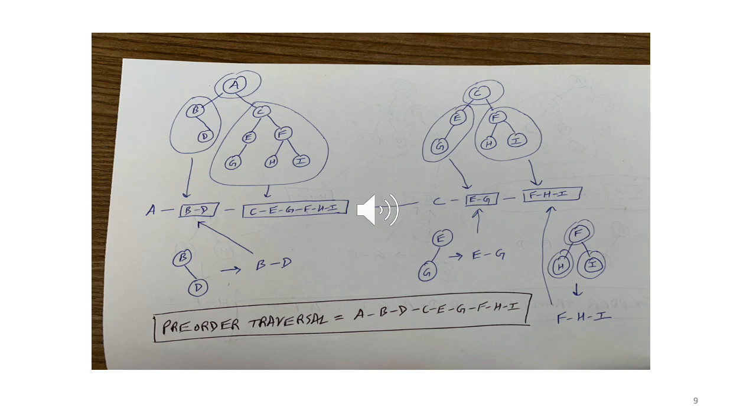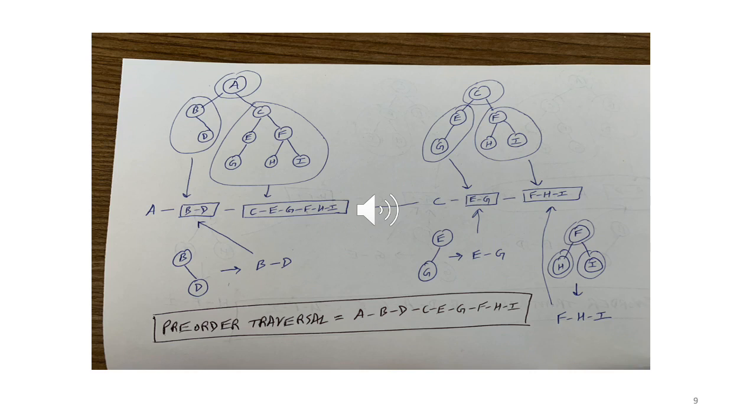So now for pre-order, first we print the root. So which means now first we have C, which we have drawn, followed by left subtree. So left subtree, we again have a box in which we'll have E and G in some order. And for right subtree, again we have a box in which we have F, H and I in some order. Okay, so we'll have C followed by box followed by another box.